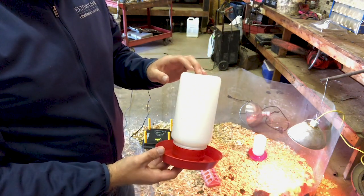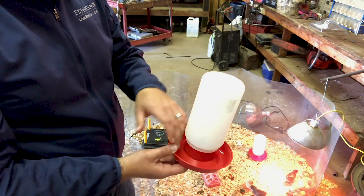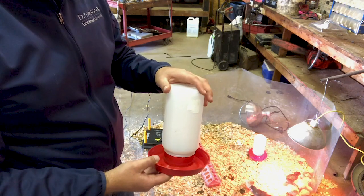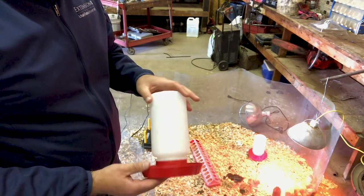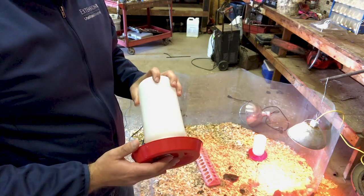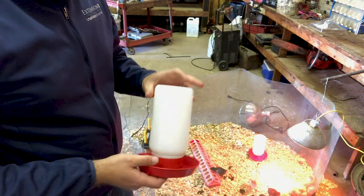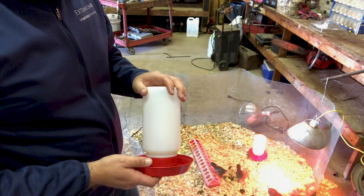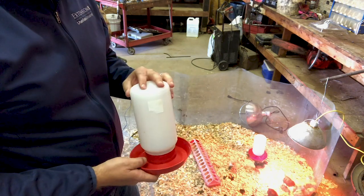You'll want to clean the water out once a day. The chicks, they like to play. They'll get in here, they'll play, and they'll probably poop in the water, so you'll want to clean that at least once a day. And also get the wood shavings out. So these are pretty inexpensive. They're, I think, $5 for the whole thing. I think it's $2.50 for each part. They have different sizes. There's different models or different types that you can buy, but they're pretty inexpensive